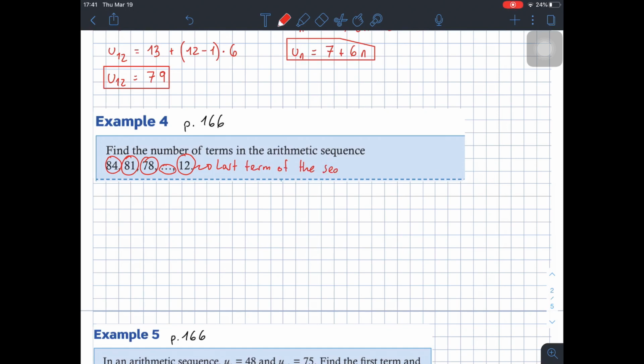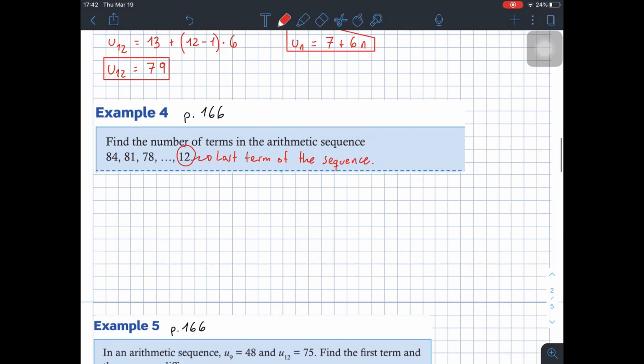That means that this particular sequence of this example finishes at 12. It does not keep on moving forever. So, we're going to identify once again u1, which is the first term, 84, and the common difference in this case